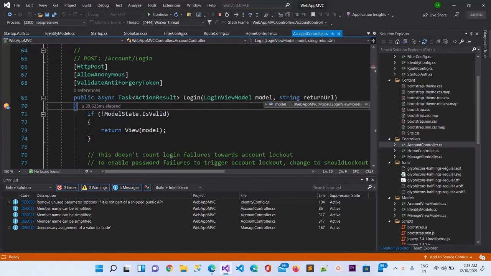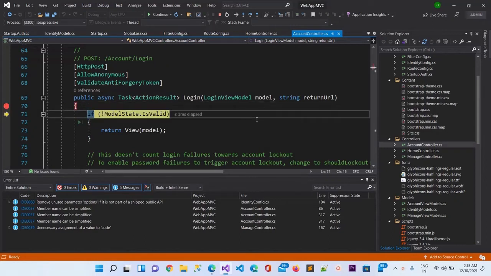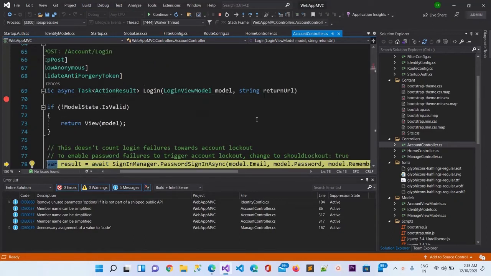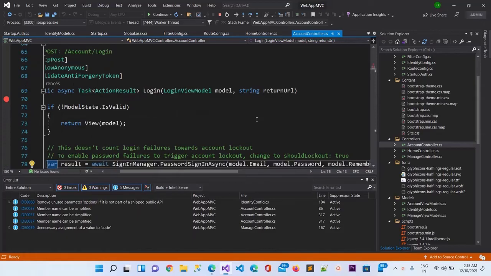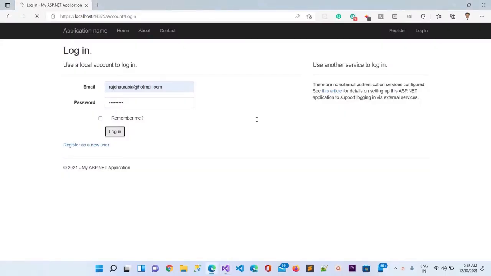You can see inside the model you can find the username and password, and remember me false, and the return URL is right now null. Then it will check the model state. If it is valid, then it will search the database. You can see there is nothing inside the database right now, so it will not do anything.